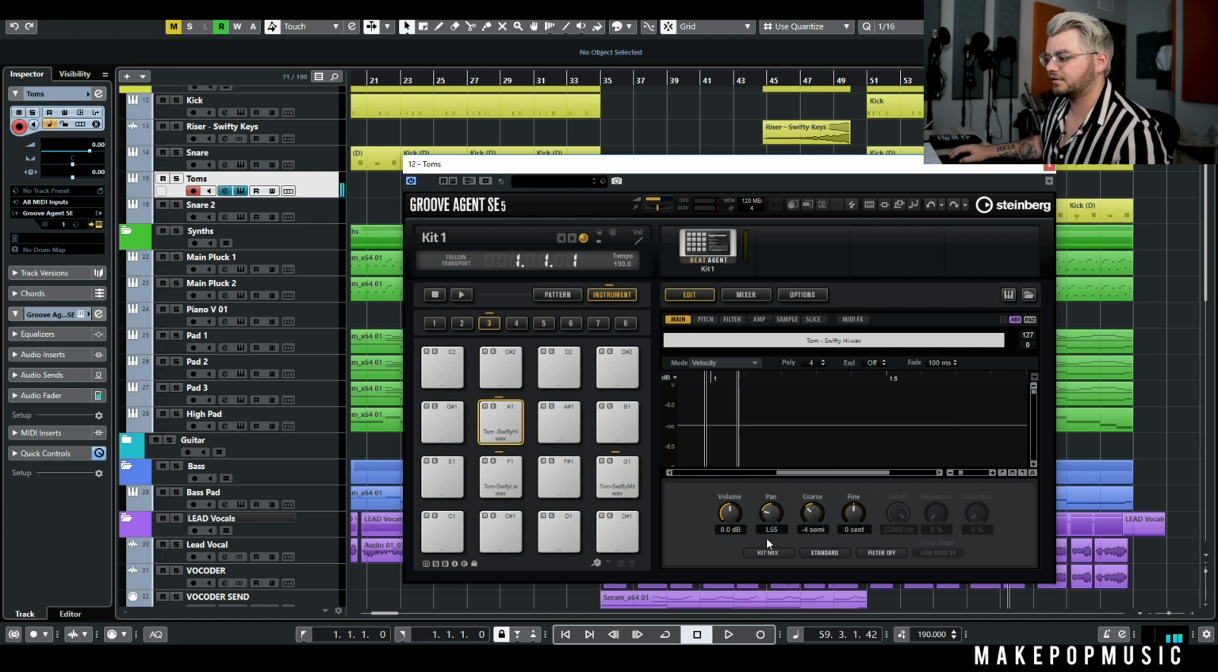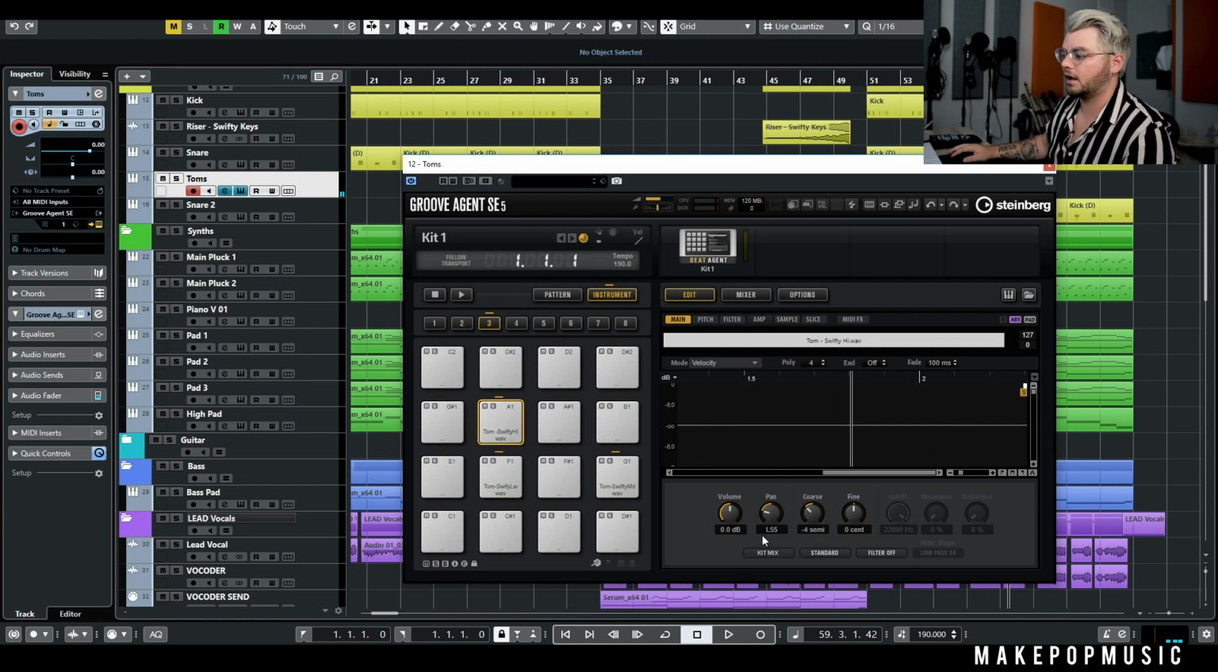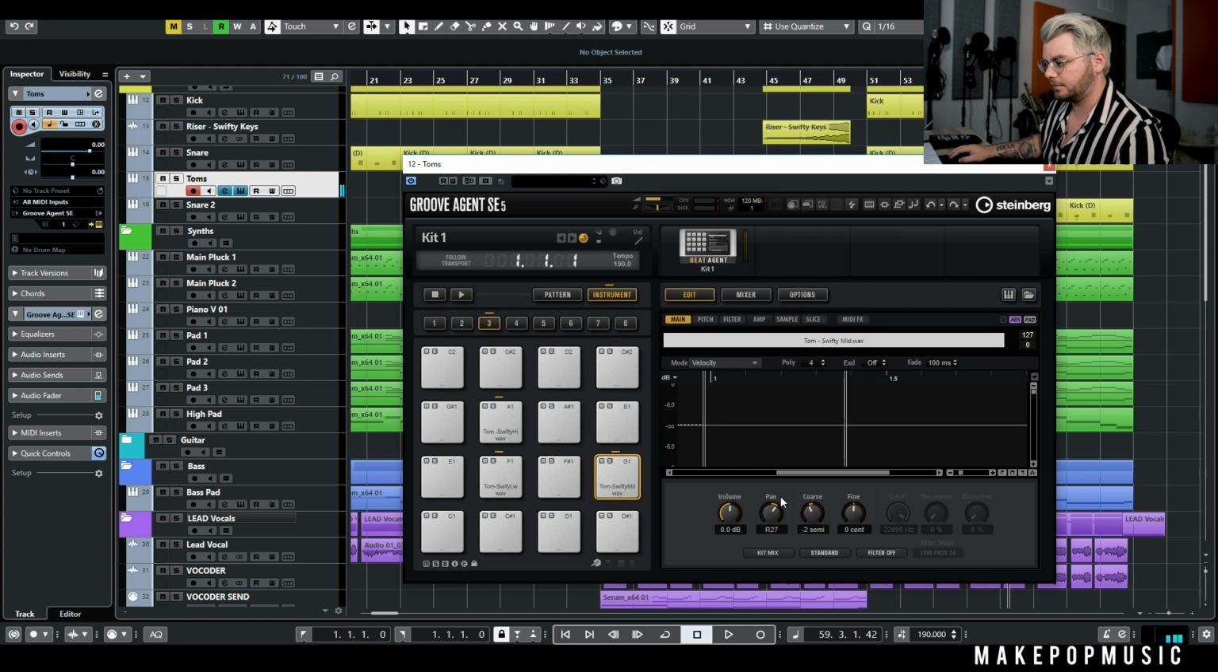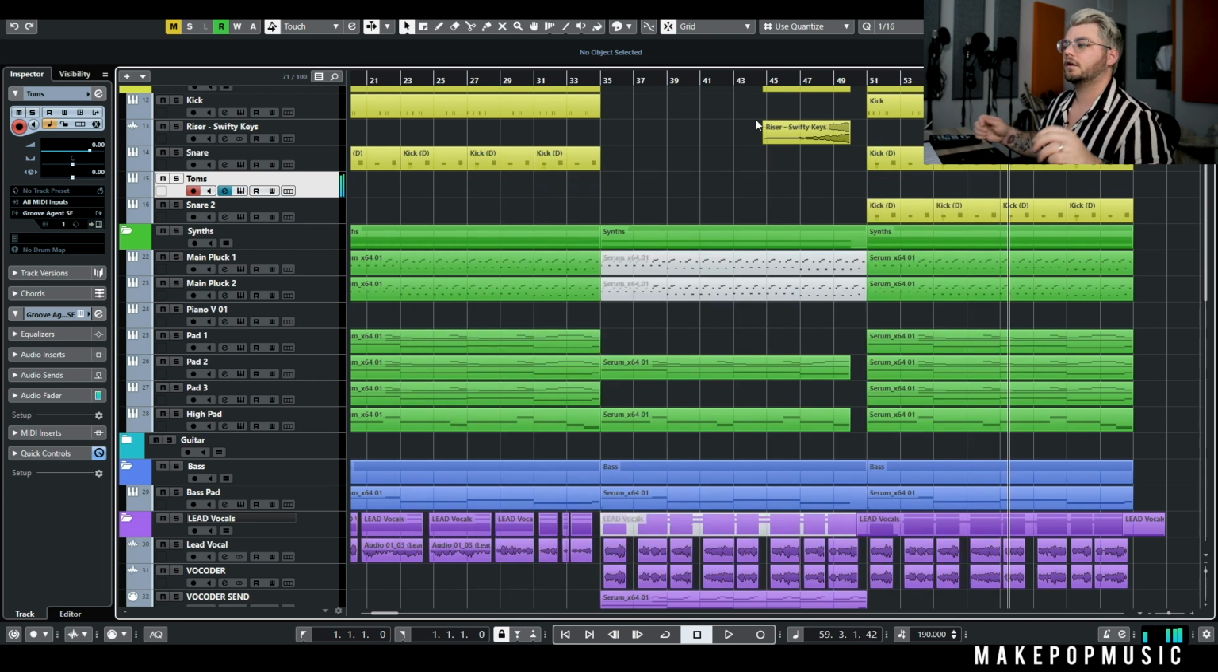And then what I do with my toms is I always pan them. So the first tom will go like between 30 and 50% to the left, as it would like on a rack. The second one's gonna do 30 to 50 between the right. And then I always go pretty wide, so like 60. So it sounds like you're at a drum set. So we got,